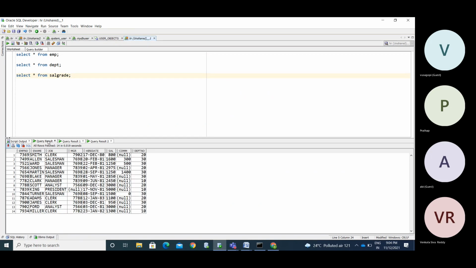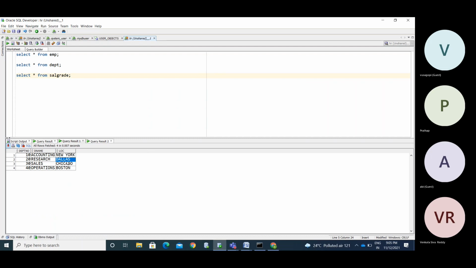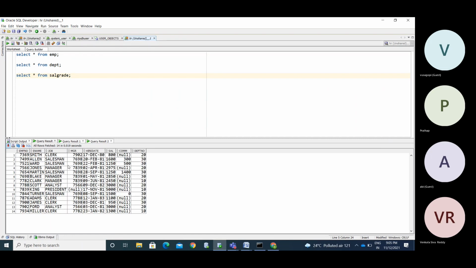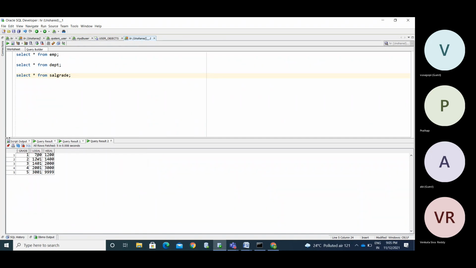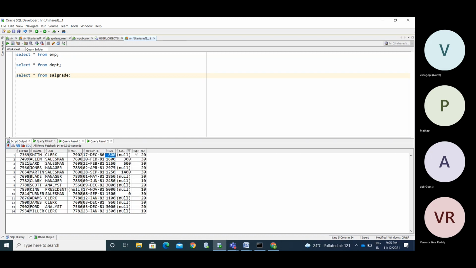Okay, treat it like I say an employee number. Now we will take this: 20. So Smith is located in Dallas. Smith's salary is how much? 800. So his grade is 1. So I need to get the data like that. Along with the employee details, I need two extra columns here, grade and location.